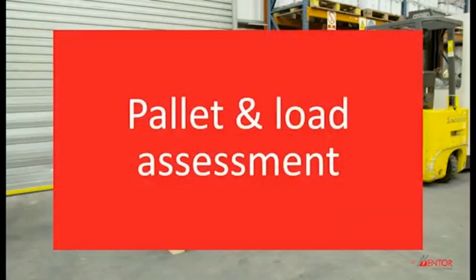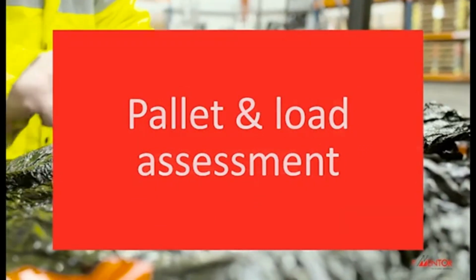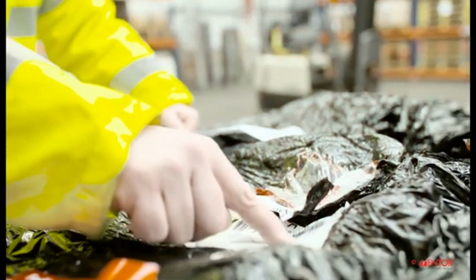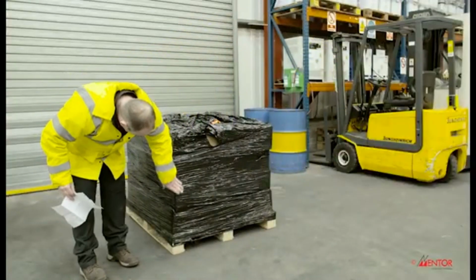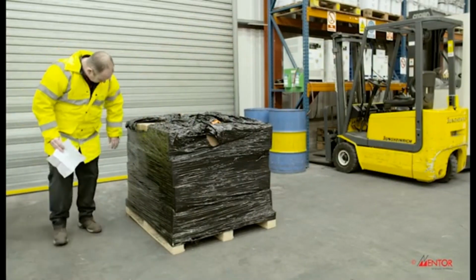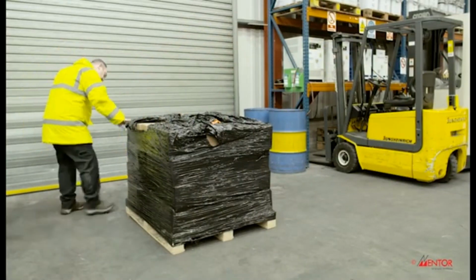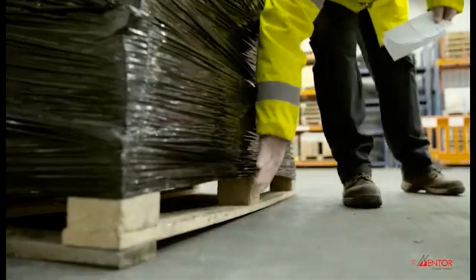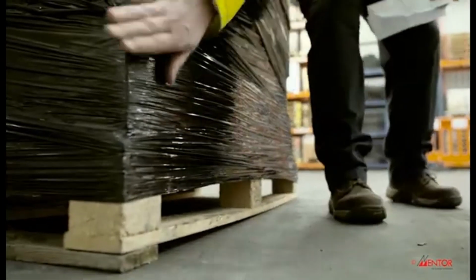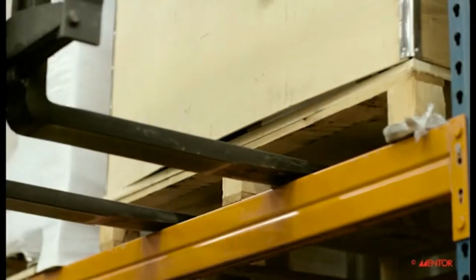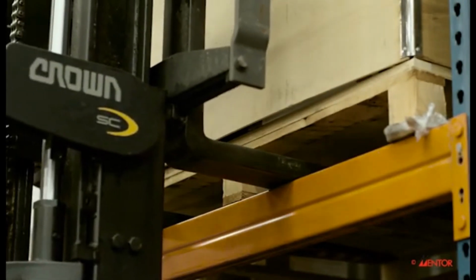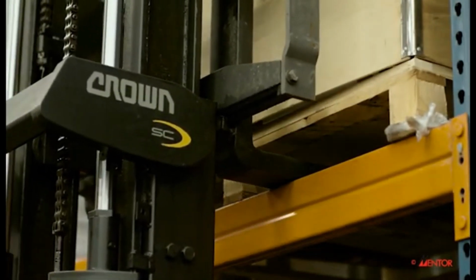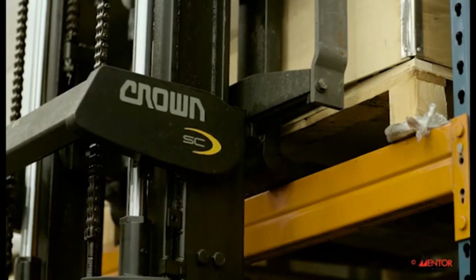Before picking up any load, the operator must be aware of the weight of the load and the capacity of the lift truck that they are using. The condition of the load and pallet must be checked to ensure it's safe to lift, to prevent the load from falling off the truck and causing injury or damage. You must also check the dimensions of the load to make sure it's suitable to transport and can safely be unloaded. Make sure that the load is fully heeled, with back tilt applied, and that the forks are not too long and protrude, as this may cause adjacent loads to be dislodged when stacking.